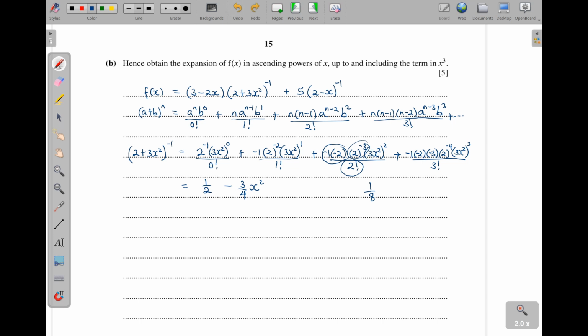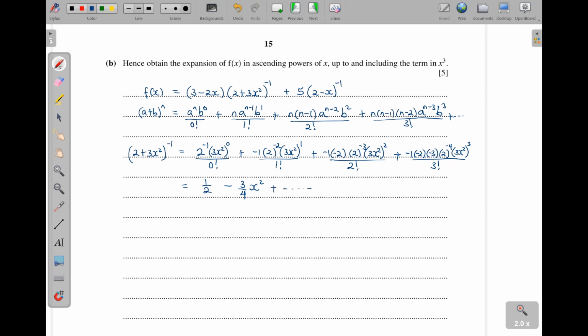So that means I will have 9 over 8. Okay, 9 over 8 of, then this one is going to be x power 4. And I don't need these terms because I'm supposed to end in x power 3. So that means I'm not supposed to have this. I wouldn't even have written this and this one here. I would have stopped here. So I'm going to remove this one here and I just remain with this one, then plus whichever is